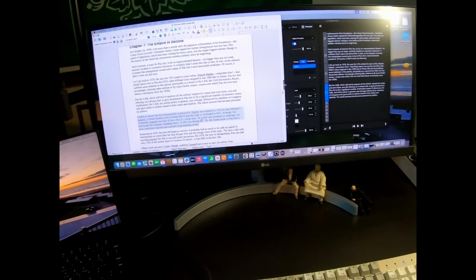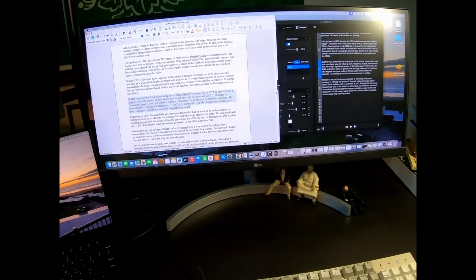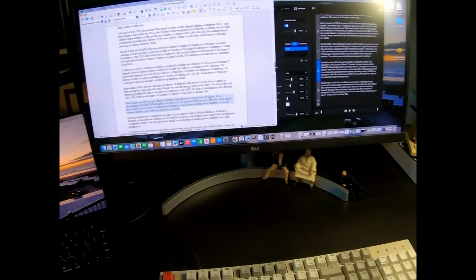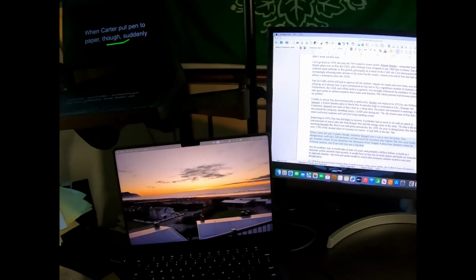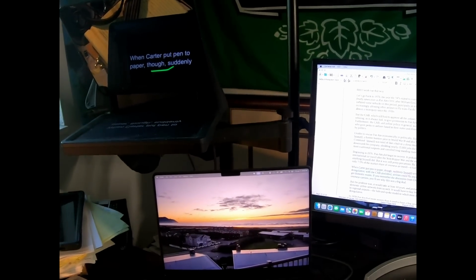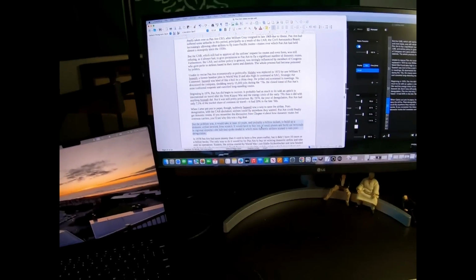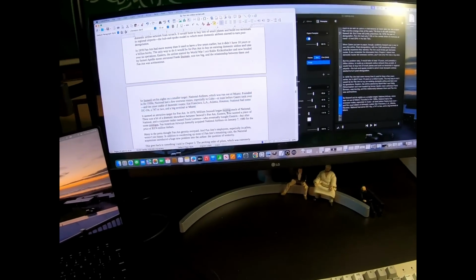Got to copy and paste paragraph by paragraph because the software for the teleprompter is really terribly designed. It seems like you should be able to load it up all at once. You can't do that. That is the teleprompter, as you can see. So we're going to be able to put all the text on the screen here and have it read out. But I got to do this chapter by chapter, literally paragraph by paragraph, and hopefully we need to start filming